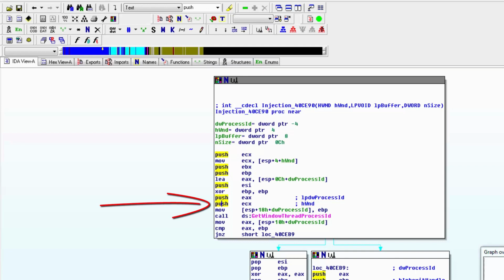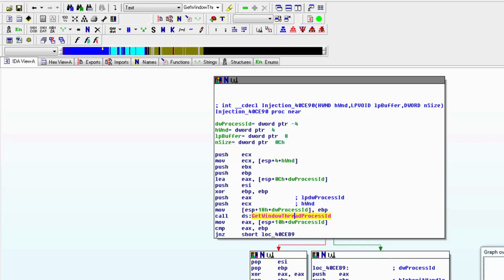And if you remember about the standard call, this is the first parameter being pushed into the GetWindowThreadProcessId, which is needed in order to find the thread associated with that window, which is going to give us back the process ID that created that specific window. Okay, so again, guys, if you don't know what GetWindowThreadProcessId is,